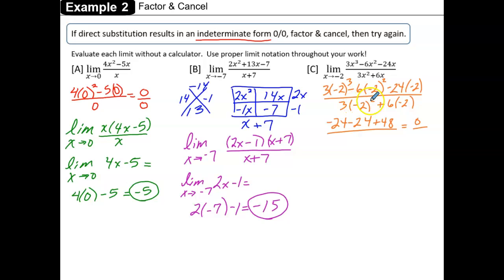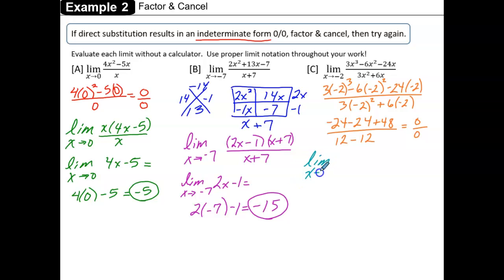Then in the denominator, we've got a 4 times 3 is 12. 6 times negative 2 is negative 12. 12 minus 12 is 0, and there's our indeterminate form. So to factor, we're going to look for a greatest common factor in the numerator and denominator, in this case of 3x. So I'm going to have the limit